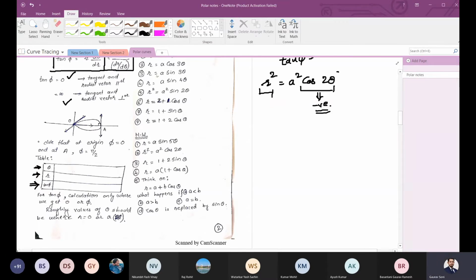Depending just on the table, you can draw this curve. This is the easiest tracing of curves. Let me tell you, polar curves are easiest to trace because they can be drawn directly using the table. Understand the table very carefully. Three rows: first theta, then depending on theta we get r, and once we get r, we get tan phi. Once we are clear with all this, we'll go for an example.